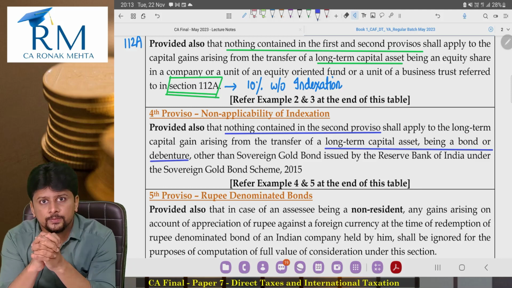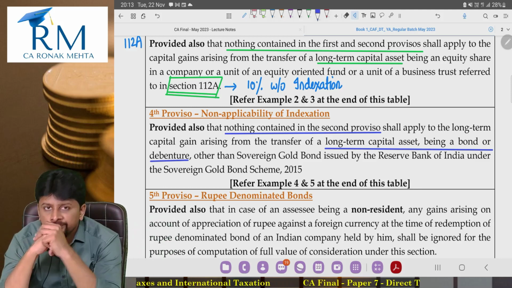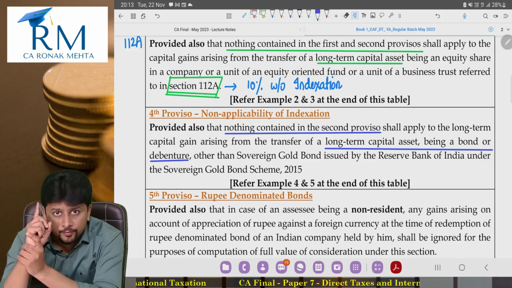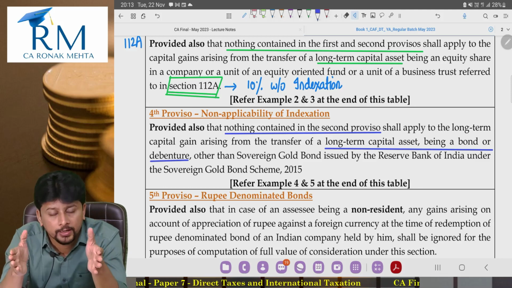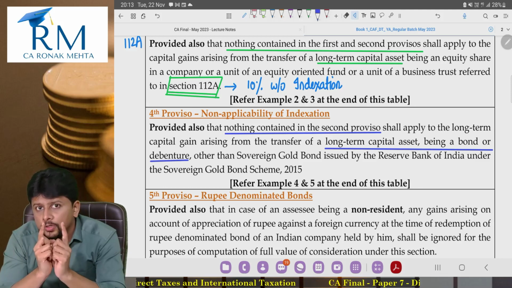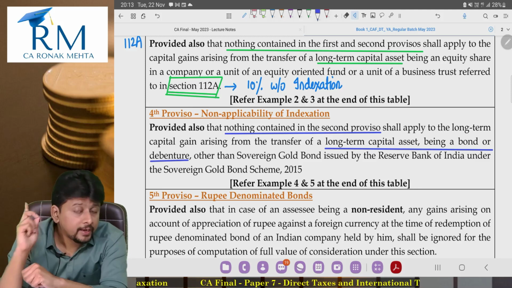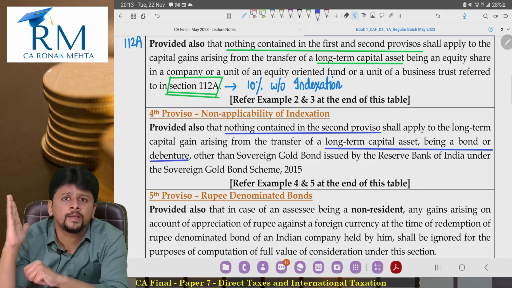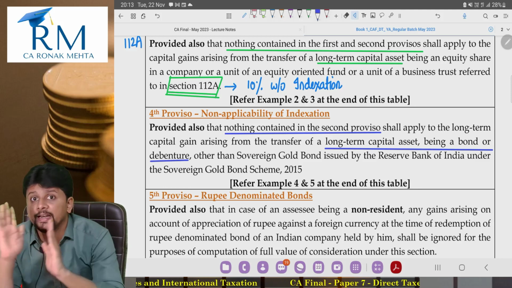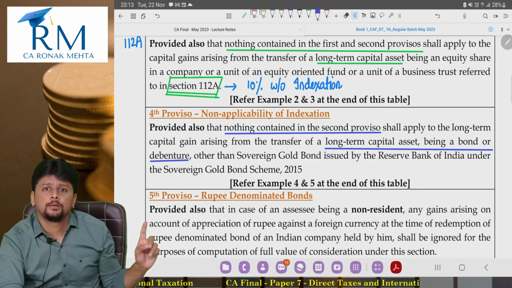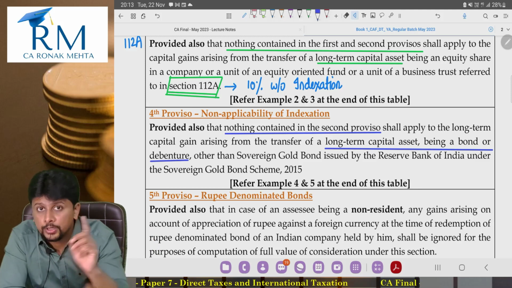So here what is being done is the Income Tax Act is trying to give you a balanced situation. Bonds and debentures, during the term, the debenture holder, the bond holder earned fixed interest. So when you will sell it, even if long term, indexation benefit will not be given to you. You will only subtract cost. You will not subtract index cost. Shareholder, you did not get the benefit of fixed income during the lifetime of the shares.